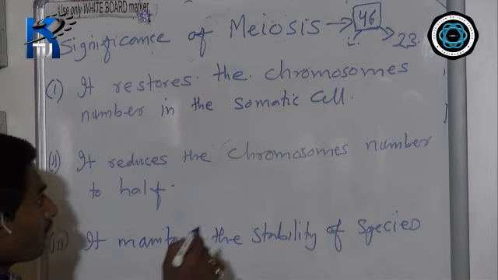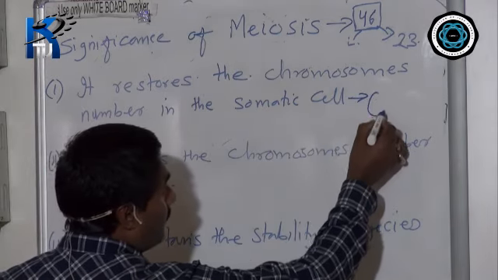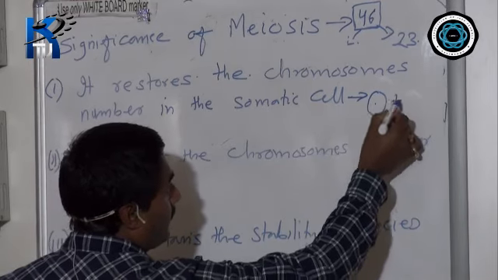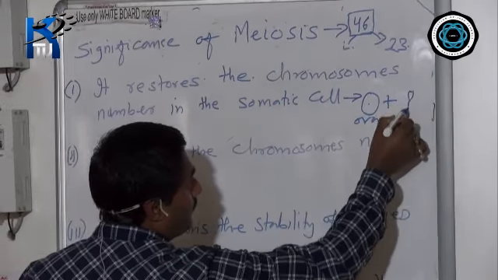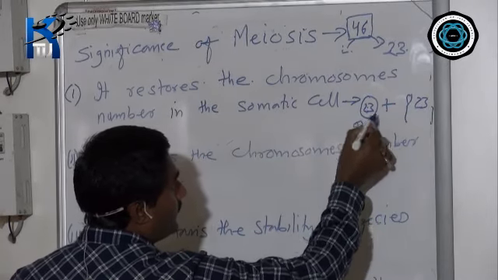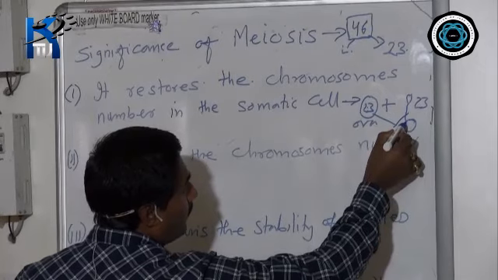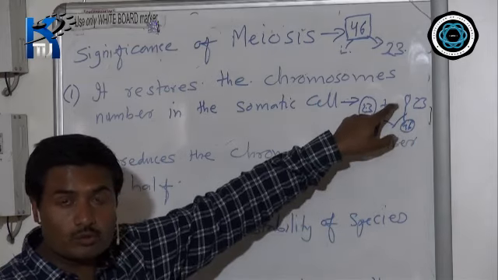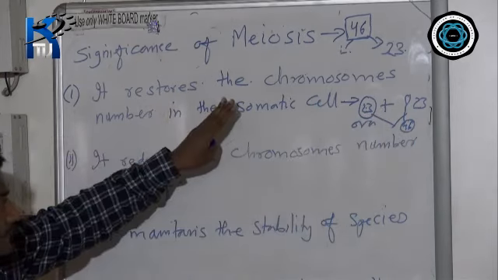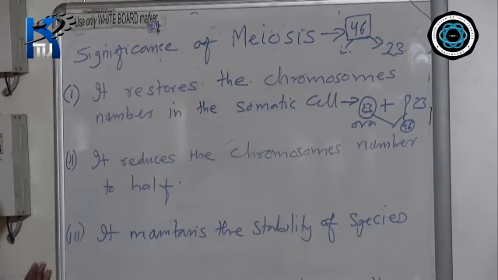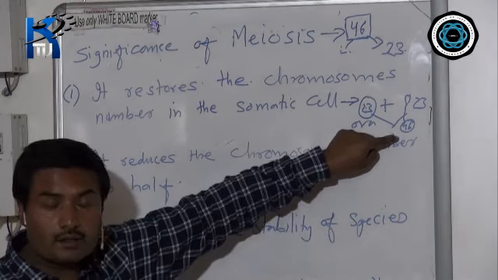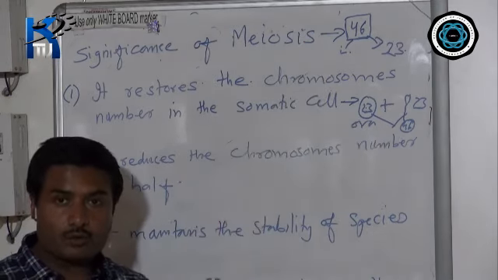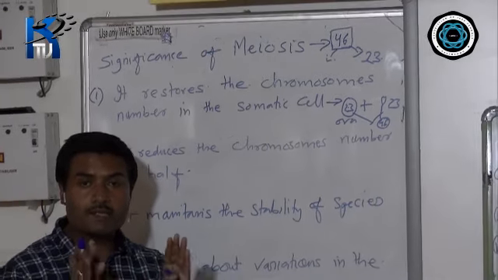One thing you have to keep in mind is that the reproductive cells, the ova and the sperm, are each 23. When they fuse together, the zygote gets formed. So when the zygote is getting formed, 46 chromosomes are restored. In meiosis the chromosome number is reduced to half, and again, due to the fusion of the two reproductive cells, the chromosome number is restored. That is how the chromosome number of the somatic cells, the growth cells of our body, is maintained.